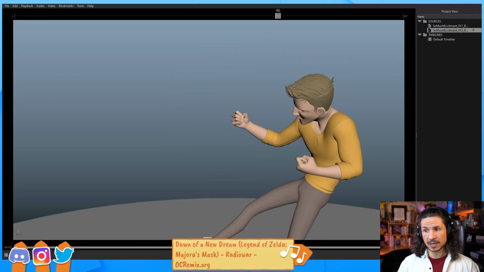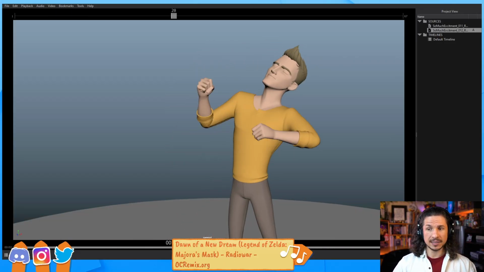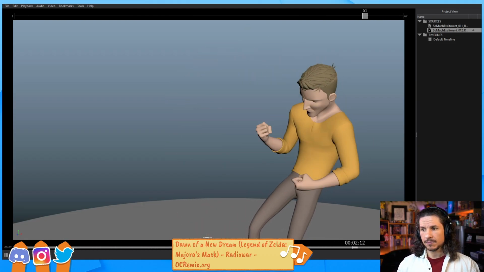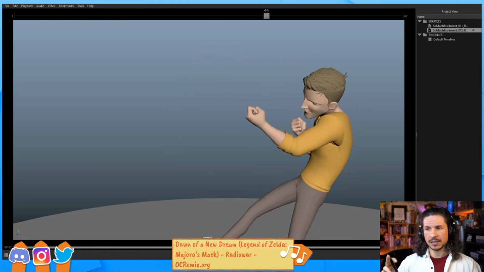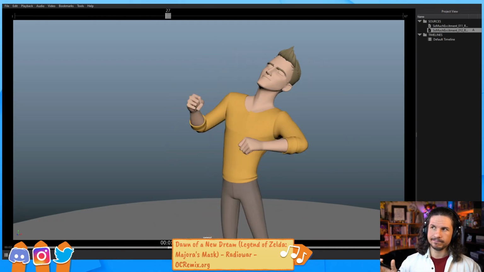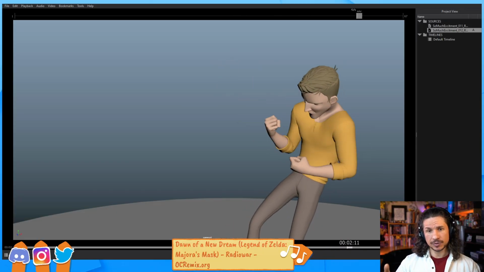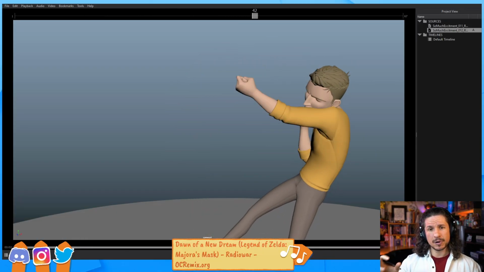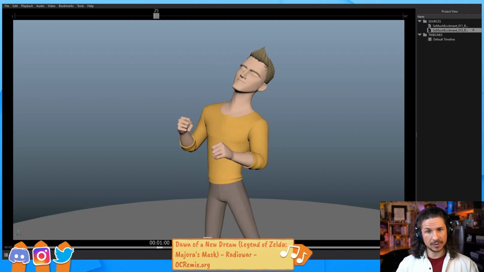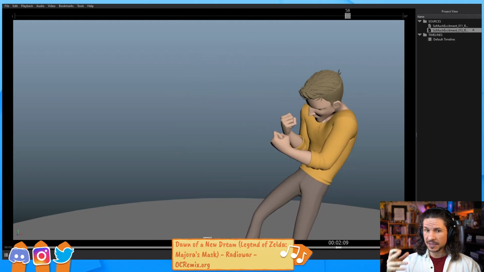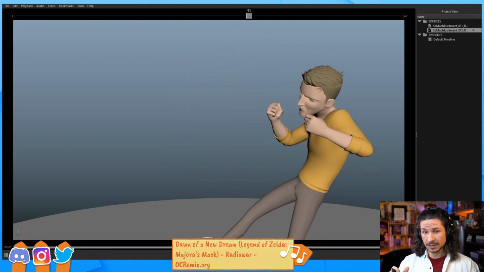The problem with spline blocking, and the reason why I didn't show it in this, is if you're first starting out, when you're first learning, spline blocking can lead you down paths that, or let me put it this way, it can trick you into making poses that are not correct, and it makes it harder to know whether something that doesn't look good is something you've done or something that